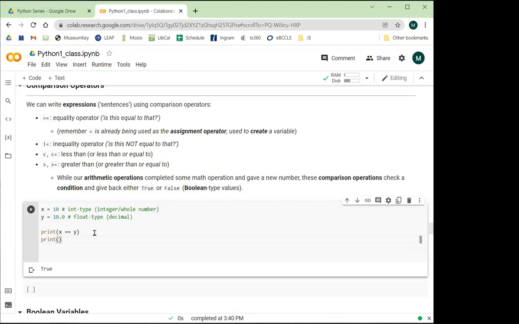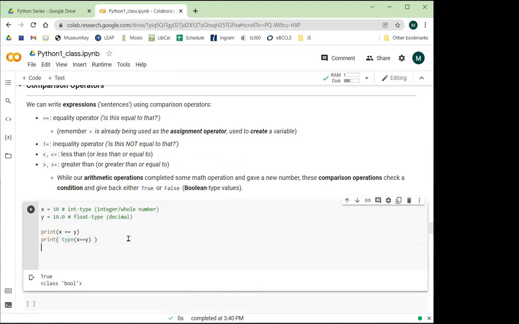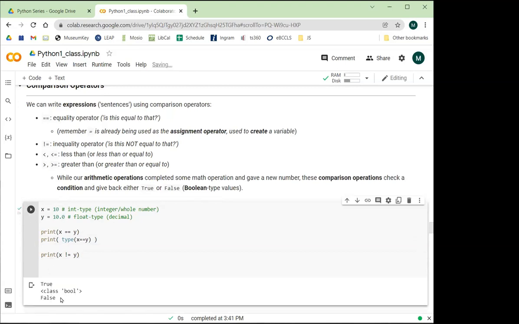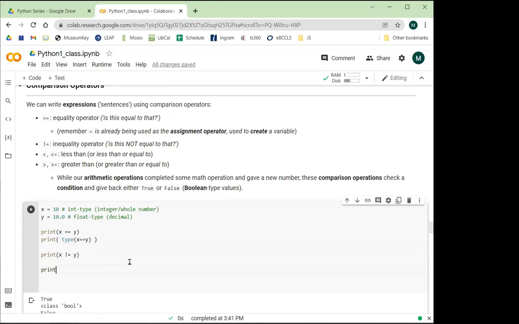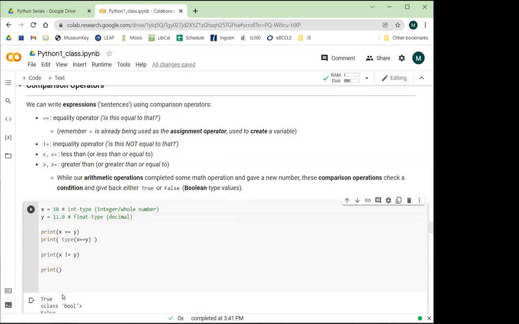And let's see what's actually happening. So I'm going to see what type is that true? What type of object is it? It's a bool type. That's that last type that we talked about. True, false values, basically. So that's its own special type of value. I can check, is x not equal to y? That's obviously going to come out as false because 10 is equal to 10. If we change that to 11,